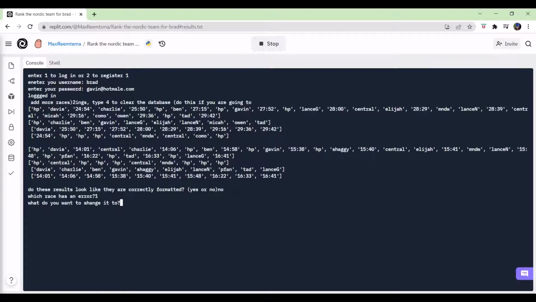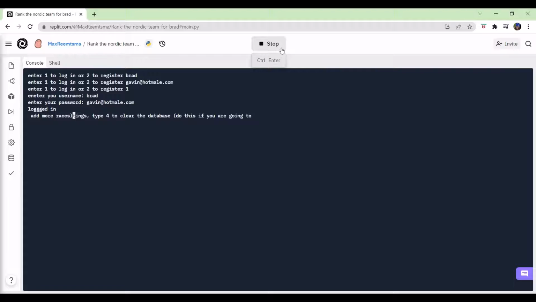So we're going to do that. What would you like to change it to? I'm going to go back, copy it correctly this time. Here we go. We'll paste it. And then should be good. So now that we've got that fixed, we can